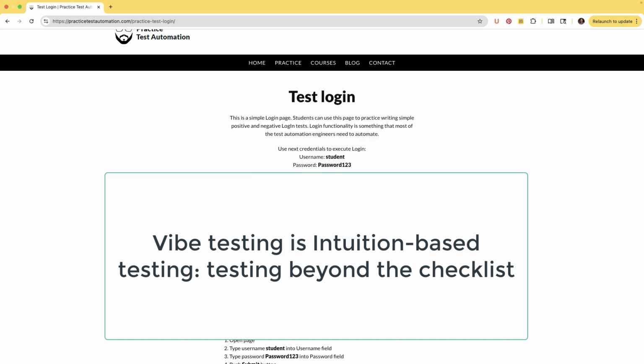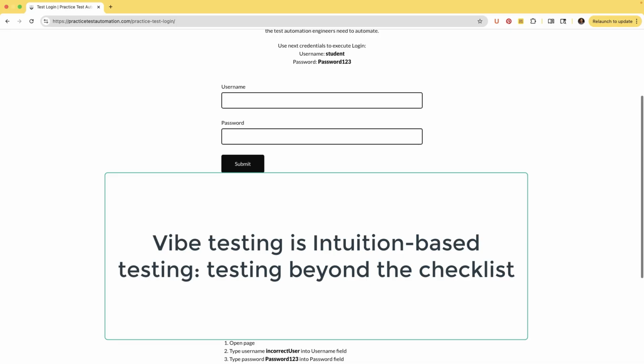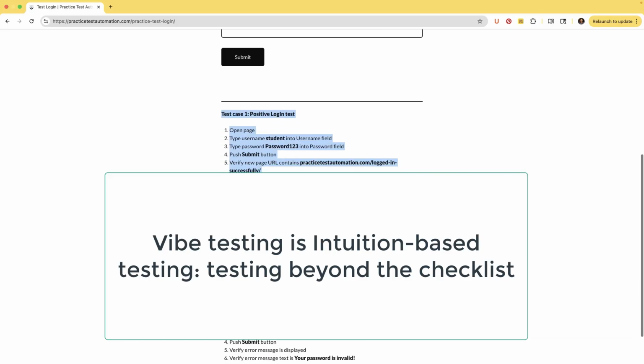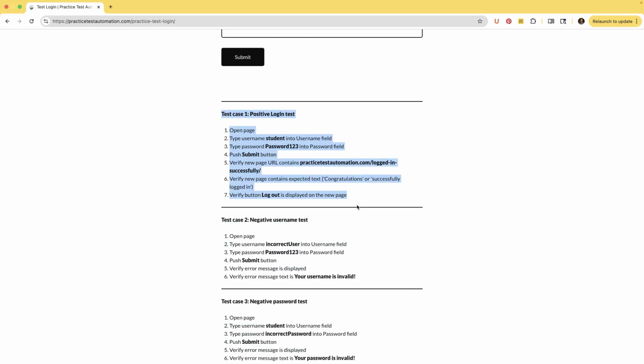In the end, vibe testing isn't about replacing testers. It is about empowering us. It frees you up from writing thousands of lines of code, because as you can see, AI can generate thousands of lines of code. It can even first write the test cases in plain English and then convert them into a Playwright script or a Selenium script, thousands of such scripts, and it can even commit to the code repository. All that you can imagine AI can do.